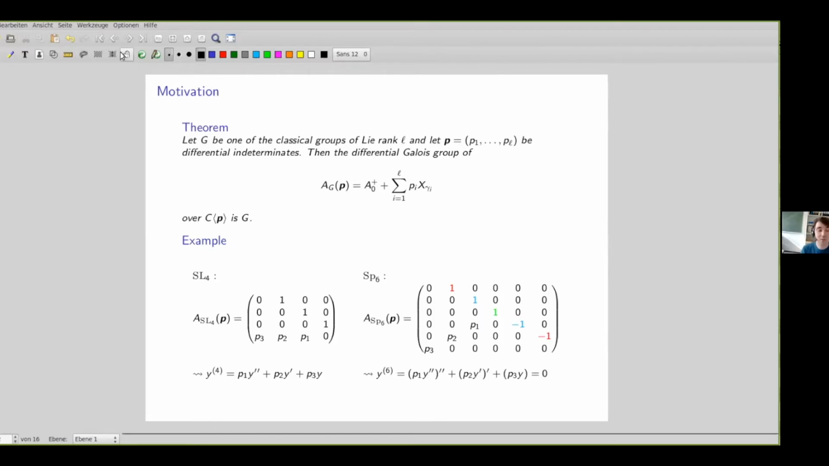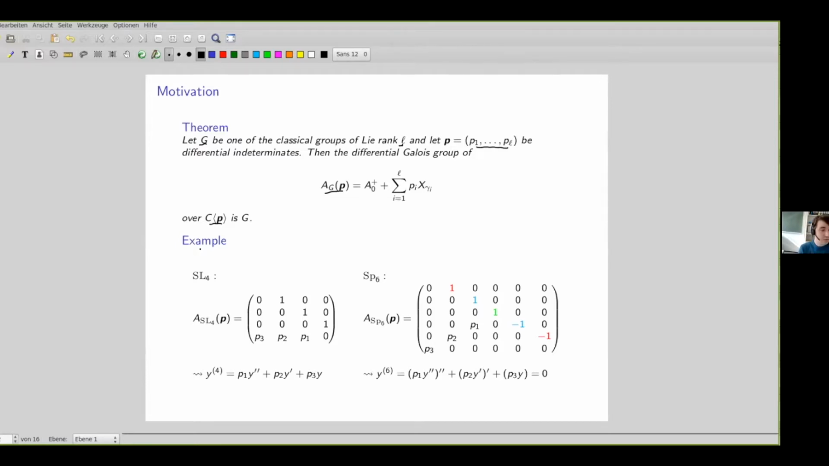So some time ago, I made the following observation. For a group G of Lie rank L and L differential indeterminates, I found in the Lie algebra a matrix A_G depending on P, such that it defines over the differential field generated by these indeterminates P a Picard-Vessiot extension with Galois group G. So this matrix A_G(P) is chosen according to the